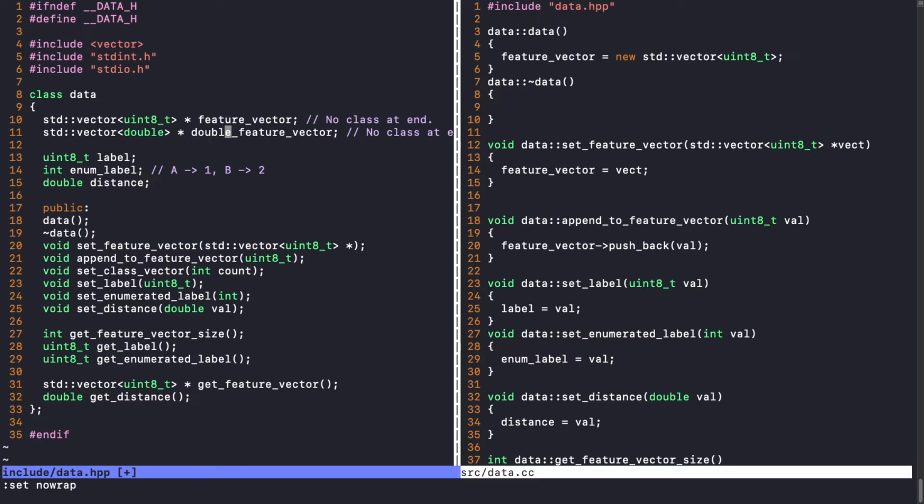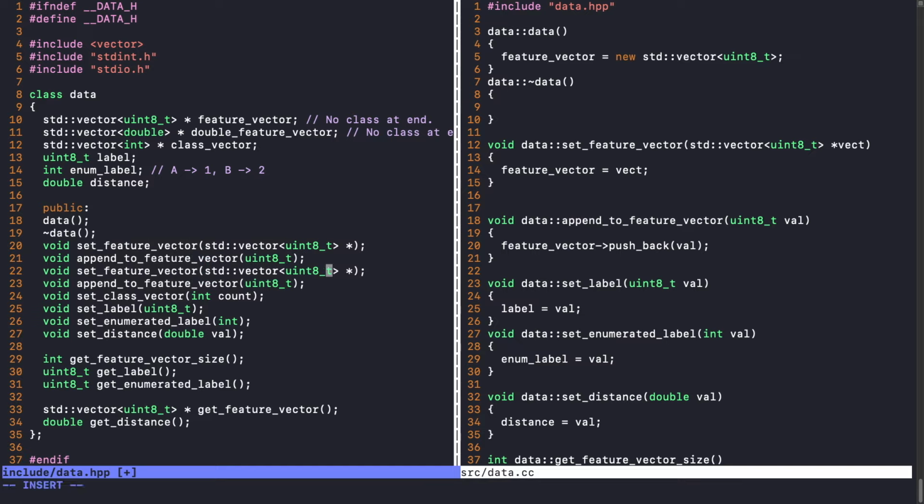All right, and then we need to also have the class vector, so standard vector of type int, and that's going to be a pointer, and it's just going to be class vector. All right, and then we just kind of need these getter and setter methods. So set feature vector, and this is going to be a double that we pass in, and then we have a set class vector that's going to take in an integer for the count, i.e. the number of classes,